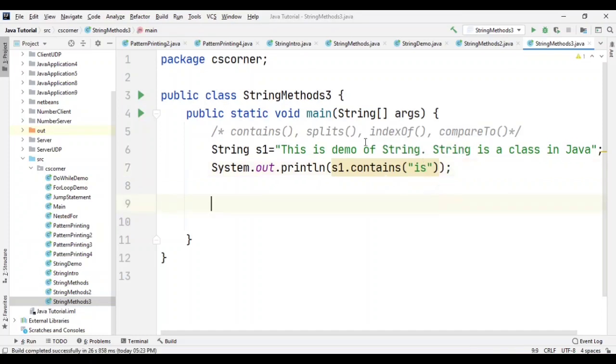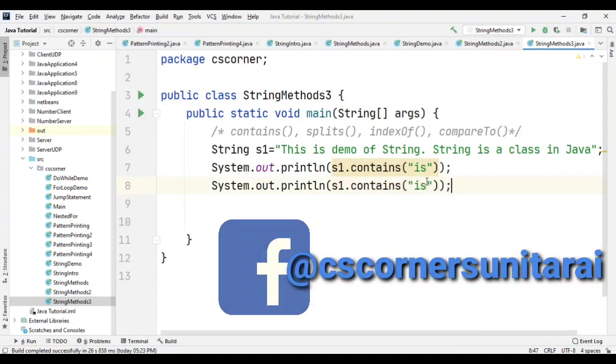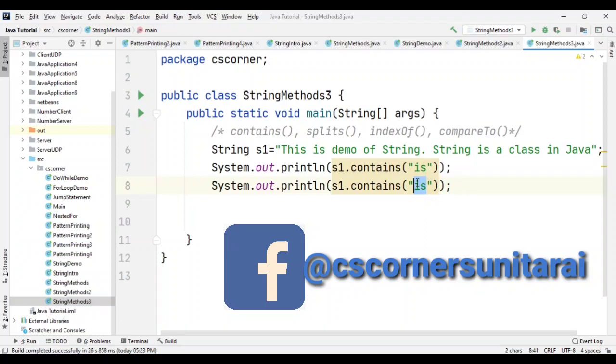Since "is" is there in my string, it is going to return true. So let me check for one more word. So let me put "hello". Here it should return true and here it should return false.